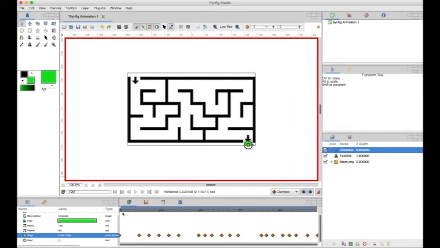Okay. So I'm going to go back to frame 1 and just run through that pretty quickly here and see. And again, the frame rate is not good at all in the preview, but that's fine. So to get a better idea of how this actually looks, we're going to come up here and we're going to click on the,